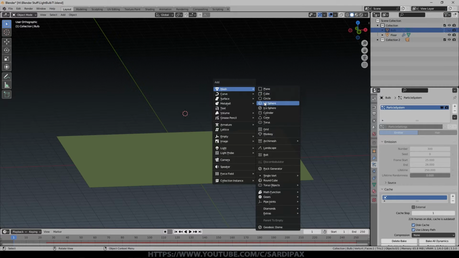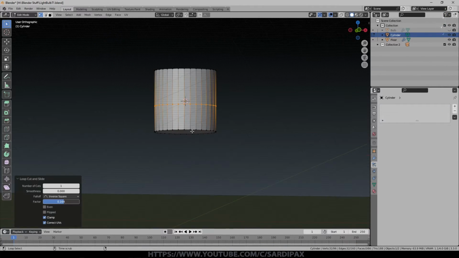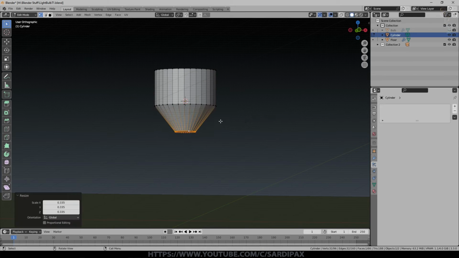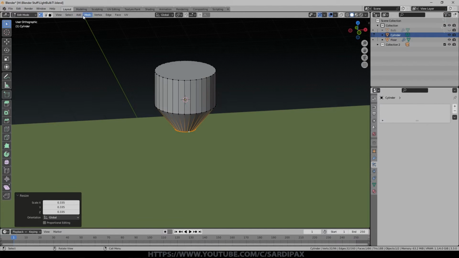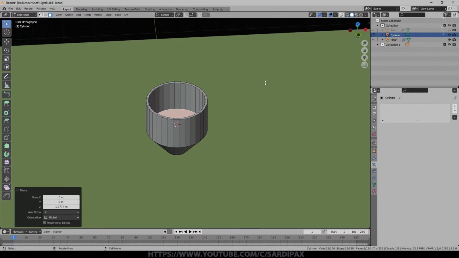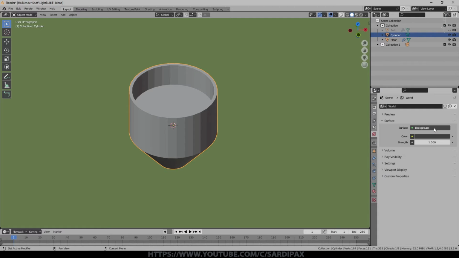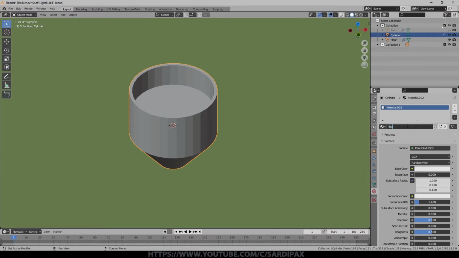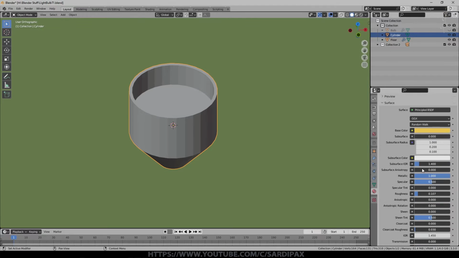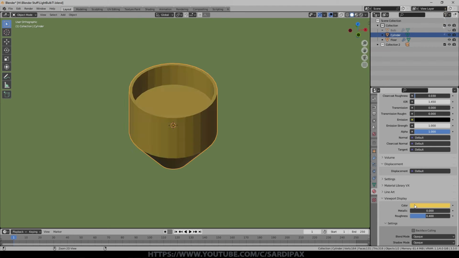So now we'll just make a simple cylinder. I'm not going to fully model what I did before, simply because there's no need for demonstrating these techniques. I'll put 2 materials on this one. We'll make one brass, so we'll give that a sort of orangey yellow color and turn metallic all the way up, and roughness down quite a bit, and we'll make sure we give that color to viewport display as well.